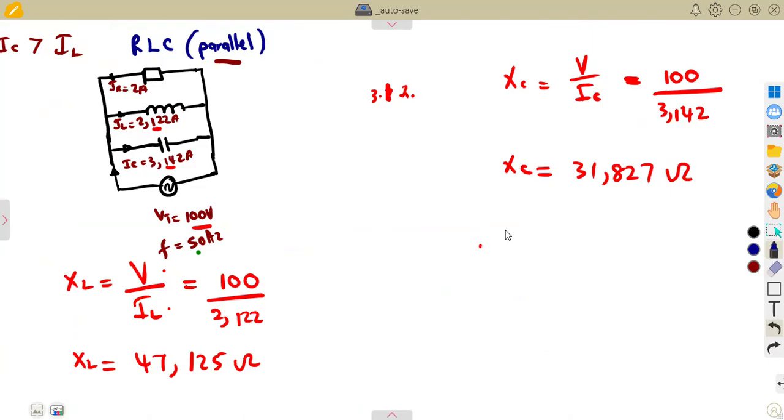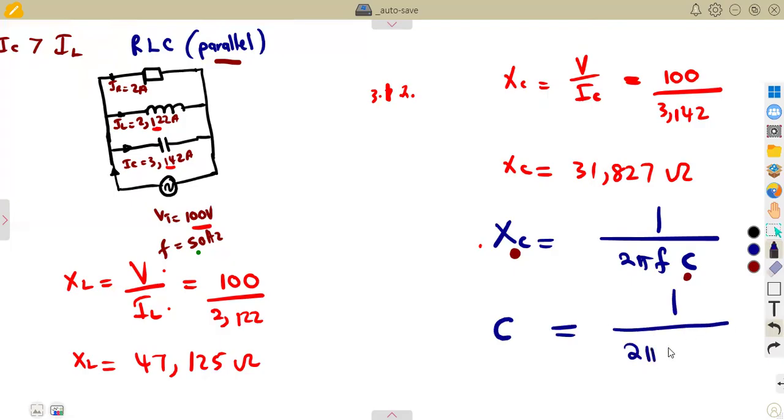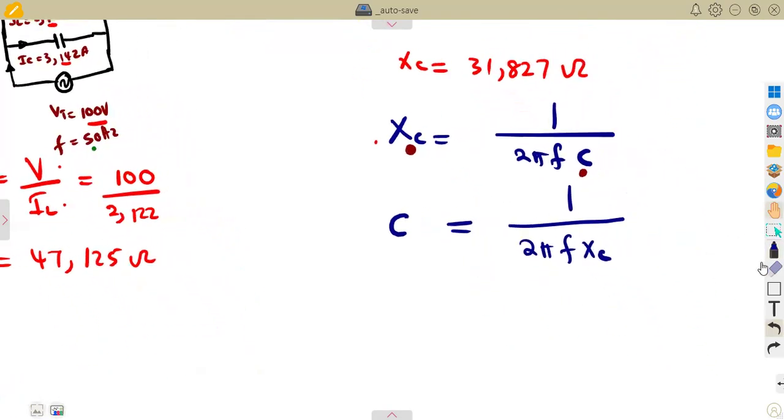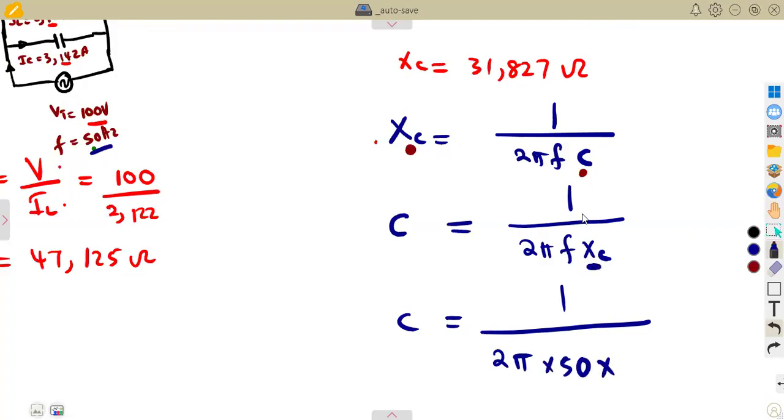Remember, the formula from our formula sheet: XC is equal to 1 over 2 pi FC. If you want to calculate the capacitor, just interchange with C. So capacitance is equal to 1 over 2 pi F XC. Just interchange these two. So you're going to substitute these values that we are given. That is 1 over 2 pi times the frequency, which is 50 hertz, times the reactance of the capacitor, which we calculated, that's